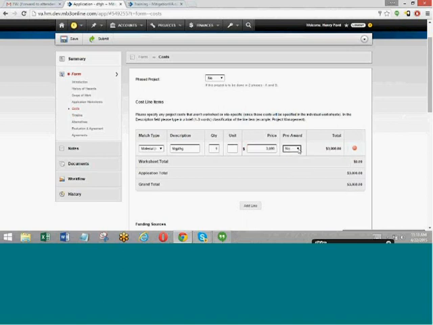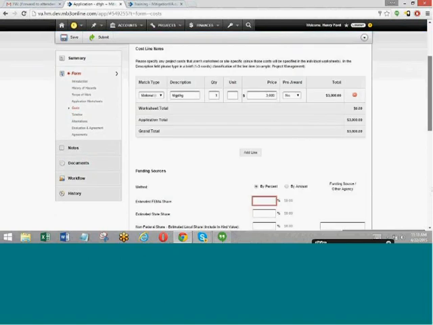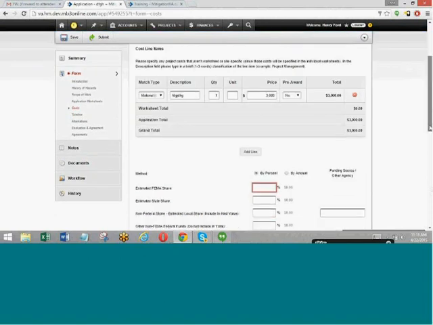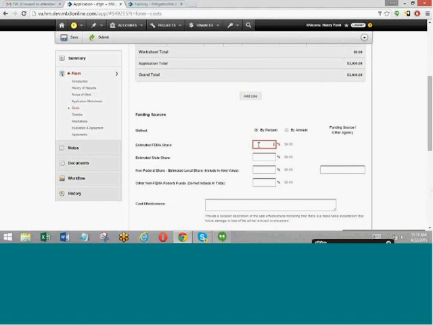So it's just a yes/no drop-down, and it will continue to add. So you can continue to add multiple cost lines here. Then you will just enter the federal share. You're expecting maybe a 75% federal share. Obviously, VDM might make changes here, but you can indicate what you think this will be.